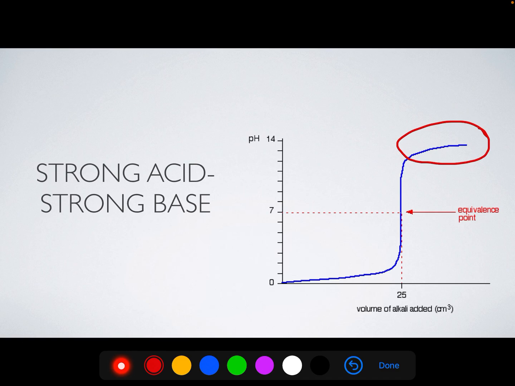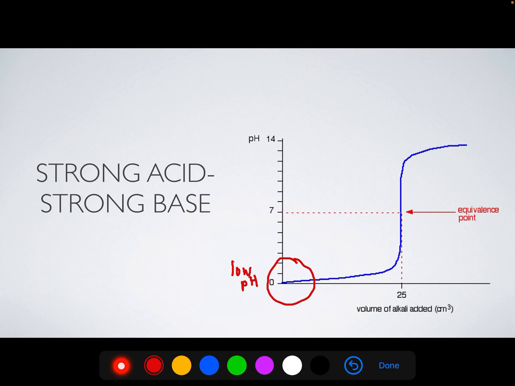Okay, now let's discuss the specific features of strong acid and strong base. Like I have mentioned earlier, itu ialah the general form of the graph, the general shape of the graph. So sekarang kita pergi pada detailing dia pula, ya. Alright, so untuk strong acid and strong base, the initial condition will start with a very low pH. Okay, kita akan start dengan pH yang sangat rendah kerana dalam kita punya conical flask tu biasanya akan terkandung strong